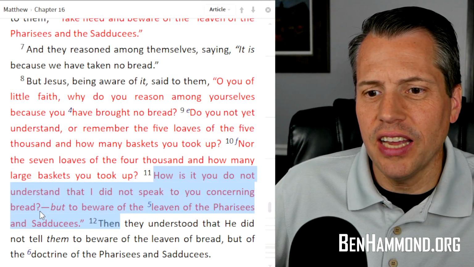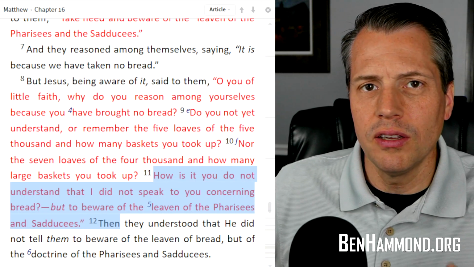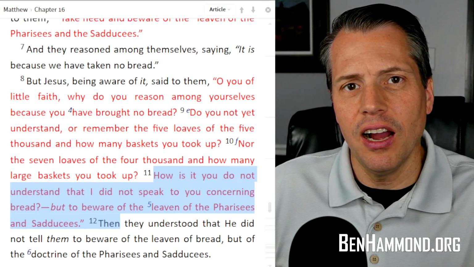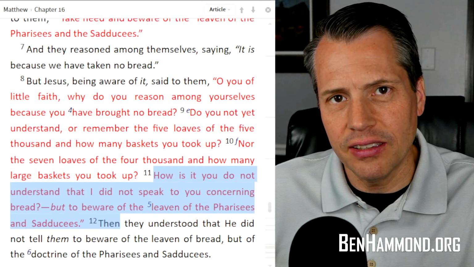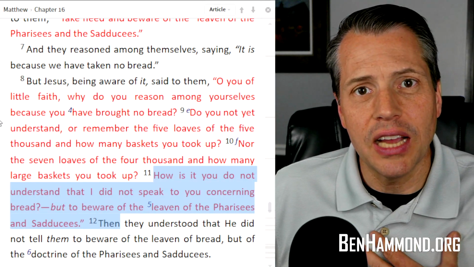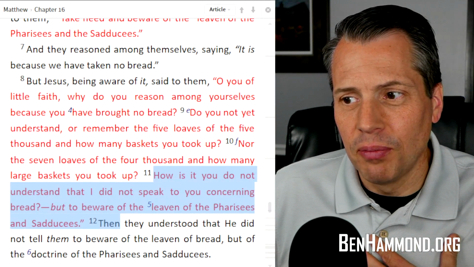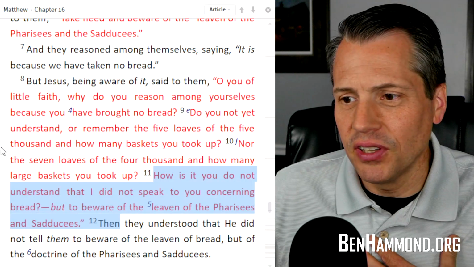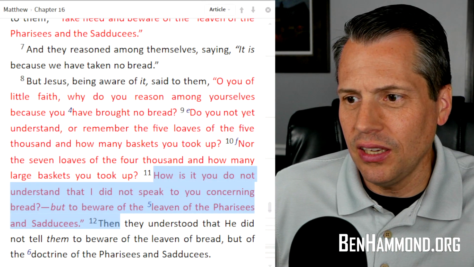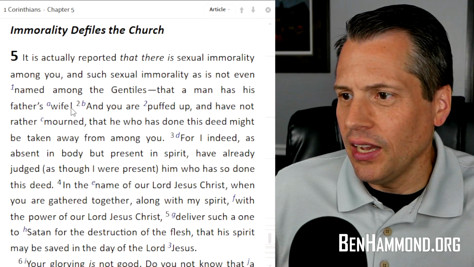The Pharisees and Sadducees were teaching wrong doctrine, and Jesus said, watch out for them, because they are teaching you to obey the law to get to God. And again, that makes us feel good because, wow, there's something I can actually do to get to God. And so people buy into this because it makes them feel good. One more place I want to take you to, and that is in 1 Corinthians chapter 5 and verse 1.